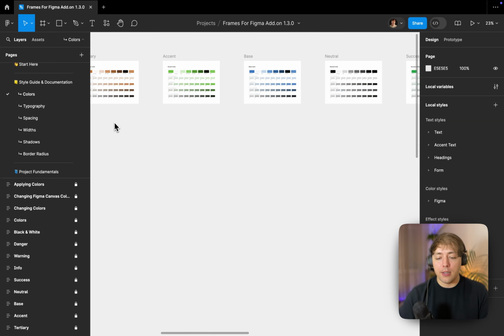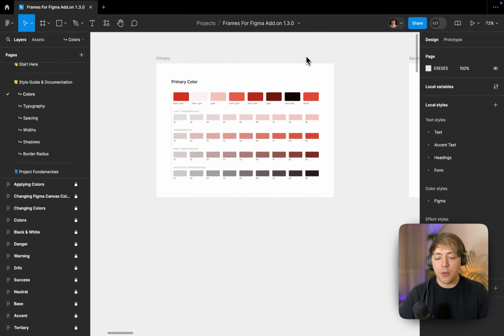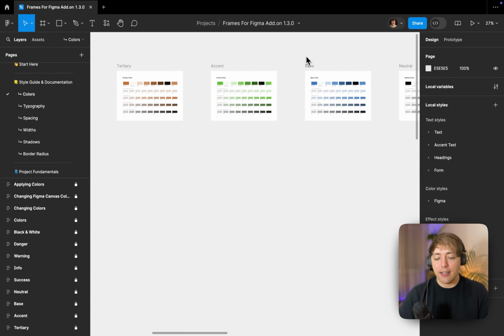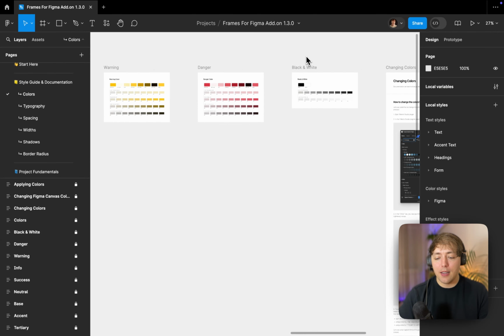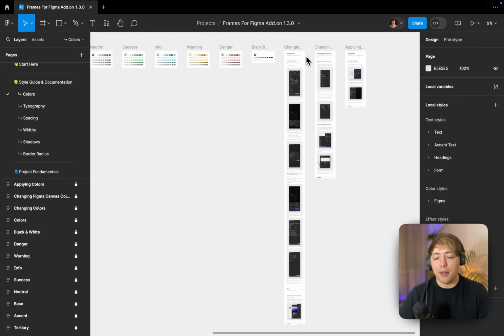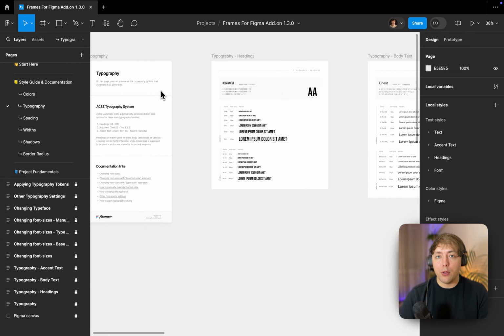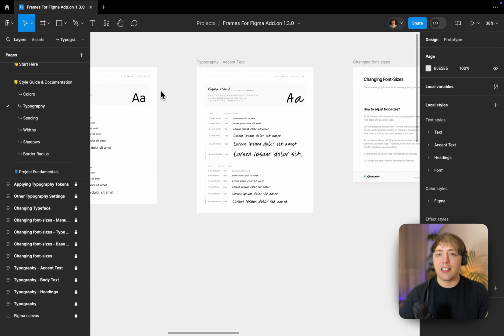For example, on the colors page, let's take a look at what we see here. You can see a preview of every color shade that Automatic CSS generates for you, alongside full documentation on how to change colors, how to apply them, and things like that. Then in typography, you can see a preview of the headings and body text, and we also included the accent text because some of you